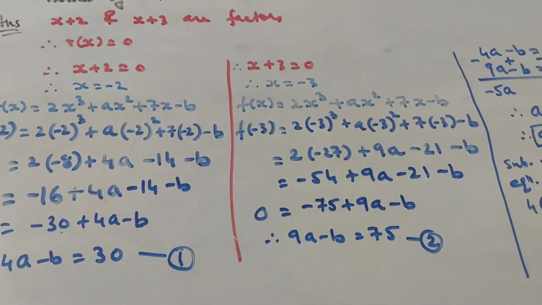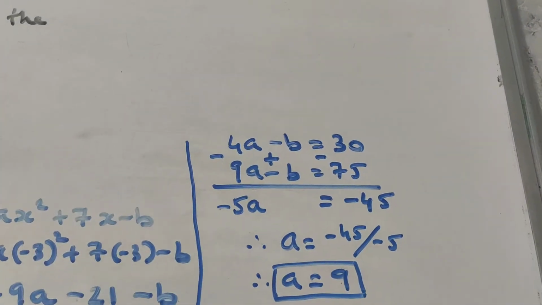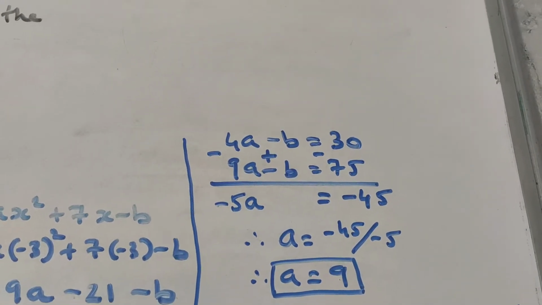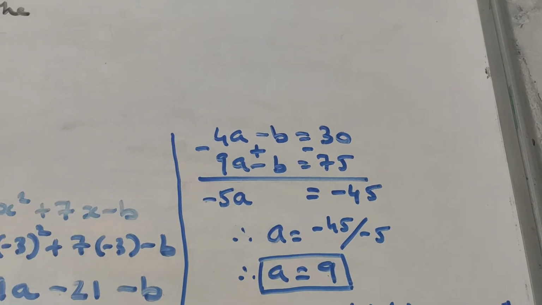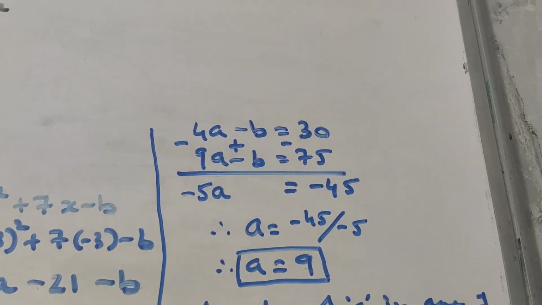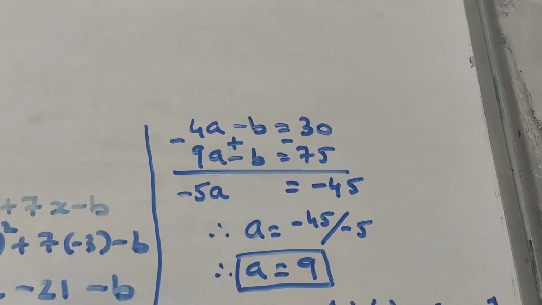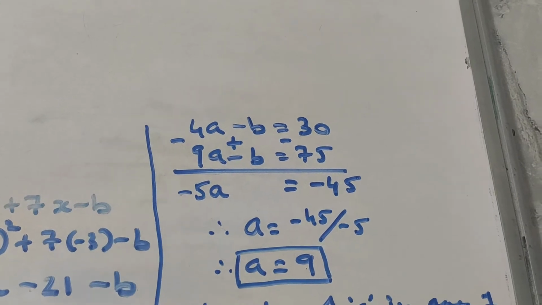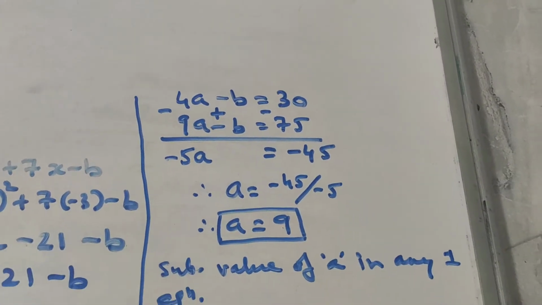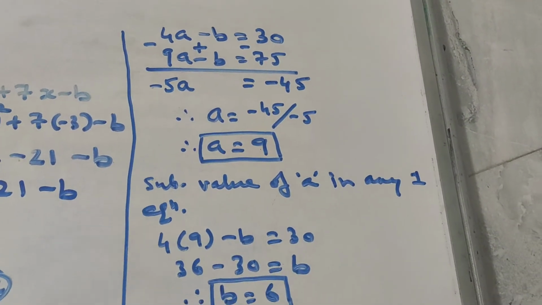Now if you remember your 9th standard, we were able to find the values by solving with the substitution method. You can use any of them, but I am using the substitution method. There are three methods: elimination method, cross multiplication method, and substitution method. So 4a minus b is equal to 30. It's pretty simple. I find the value of a and substitute in equation 1, so I'll get the value of b as well.